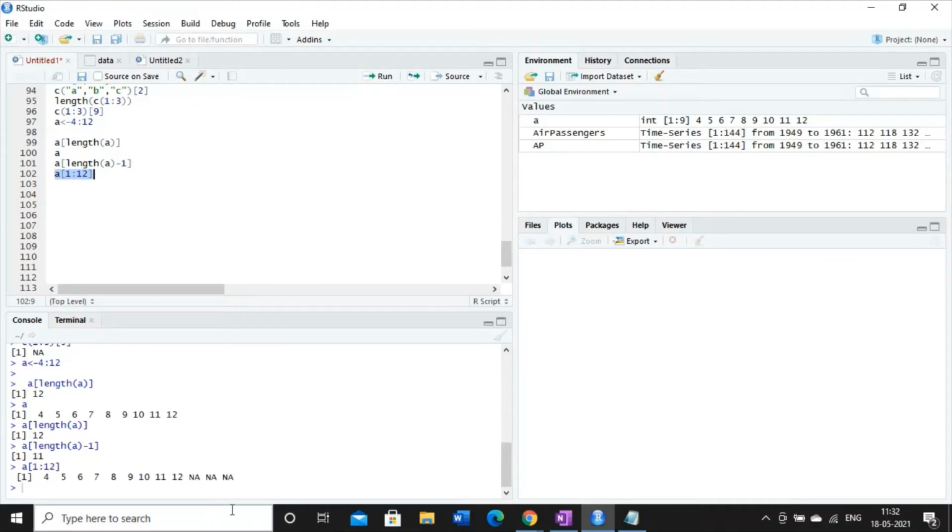In that case, it is fetching the vector elements from 1 to 12. Here the first element is 4 and the last element is 12. But we have some missing values over here because these are the values that exist out of the index.